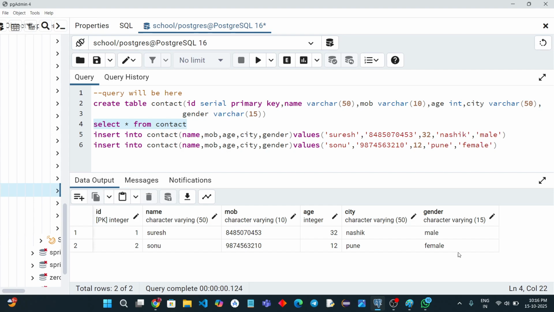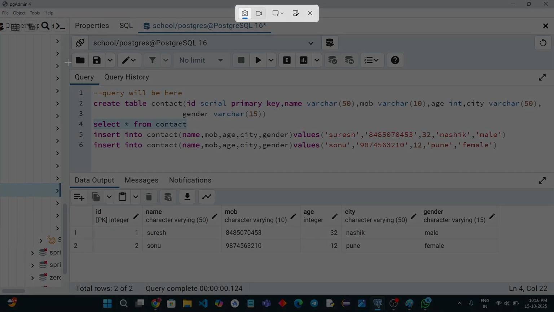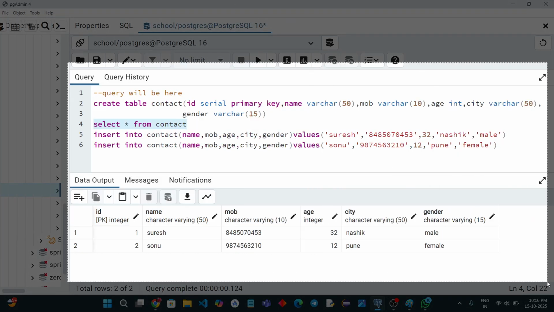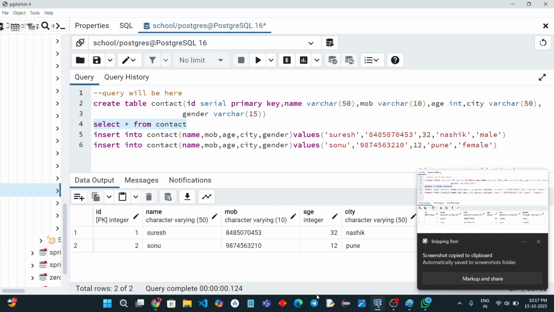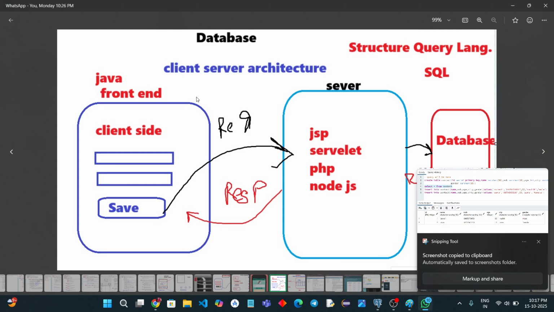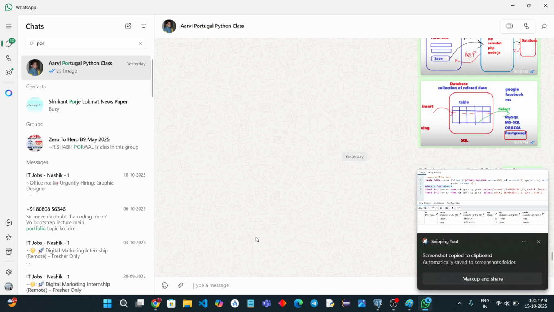So now your highest priority is to install the software first and then create at least a database, then a table, then insert operations. Okay. So now you can